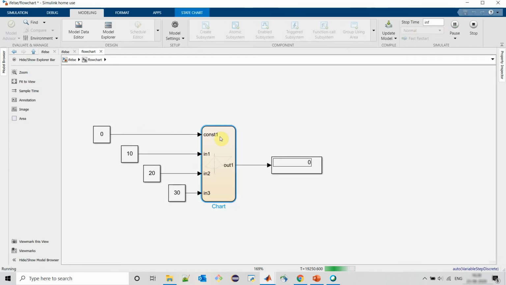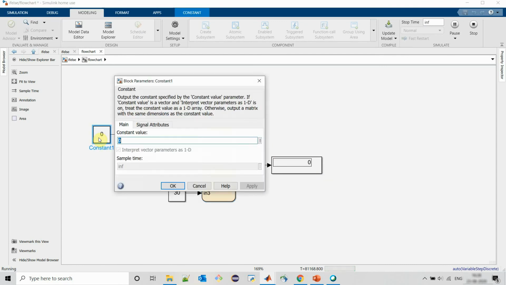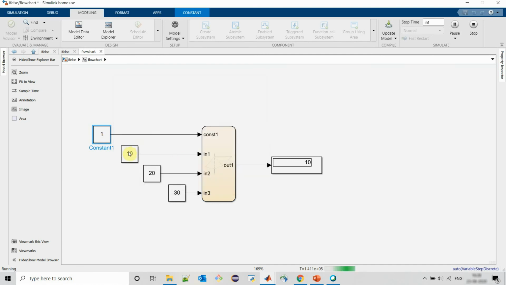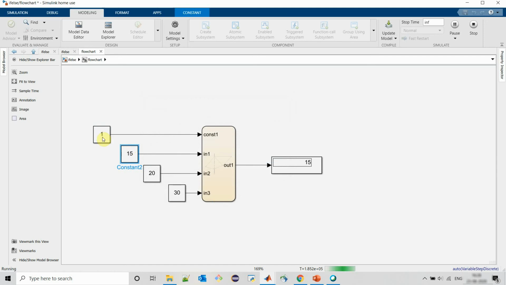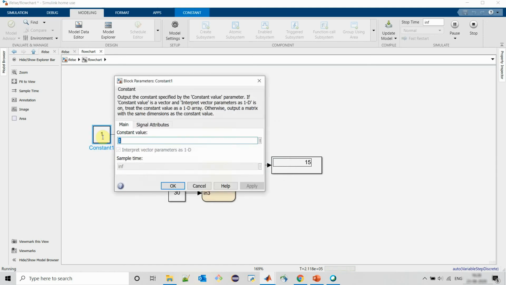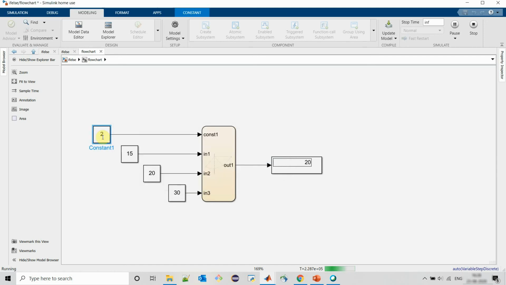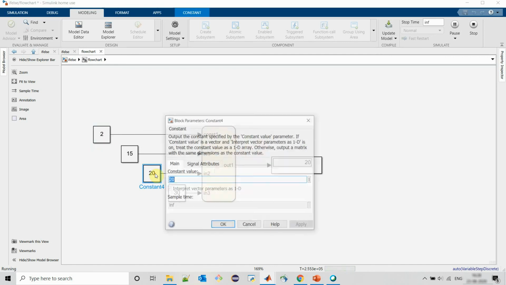So when constant 1 is 0, then none of the conditions is met, that's why output is coming as 0. When we make this constant value 1, it is passing input 1 as an output. When we change the constant 1 value to 2, it is passing input 2 as an output.